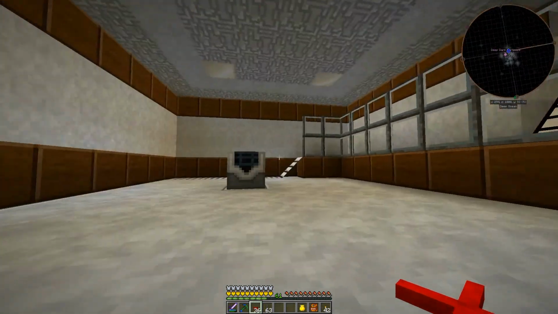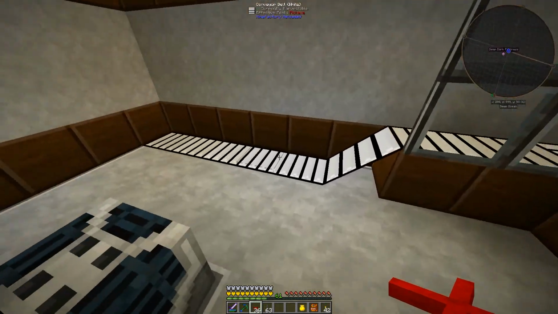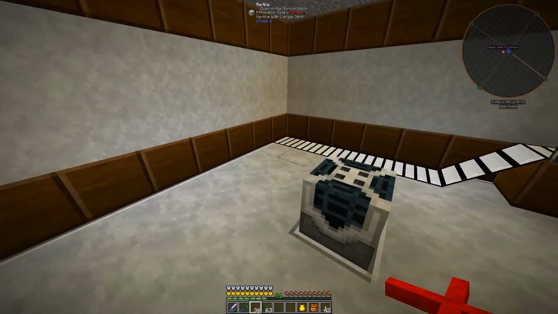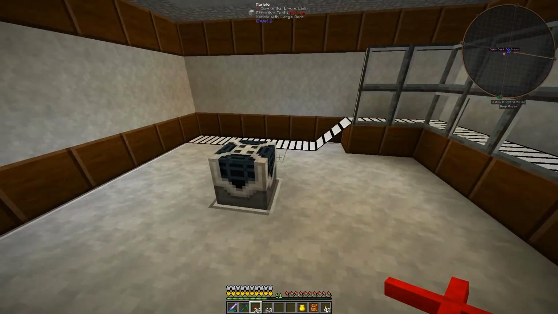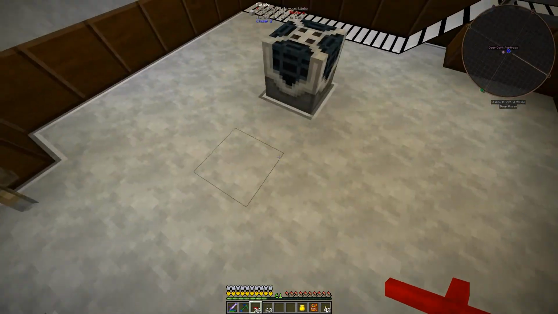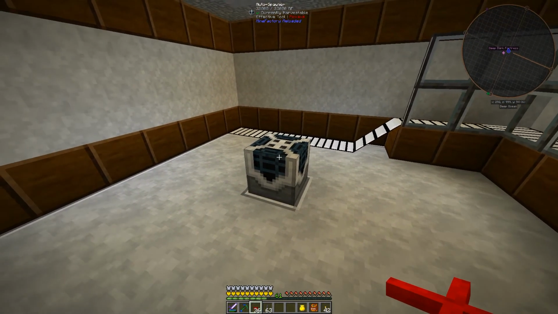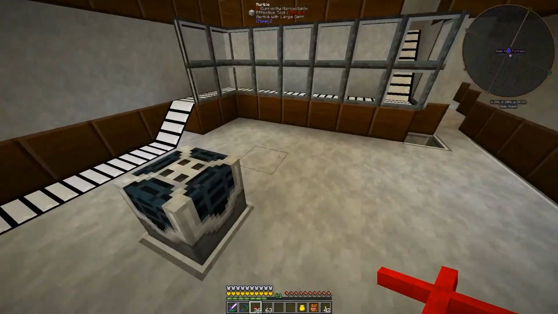So I made a few changes in here. I added this, you can see this conveyor belt is turned off because of the redstone signal, and now it's turned back on. So that there's going to be conveyor belts covering the entire floor. This might kind of be a problem here, but we'll see. I might have to put that up on the...